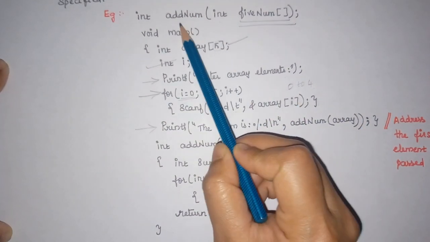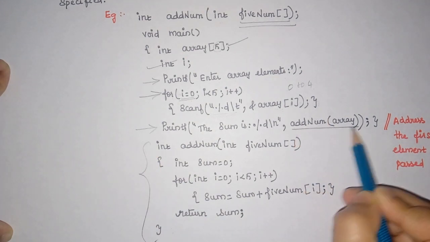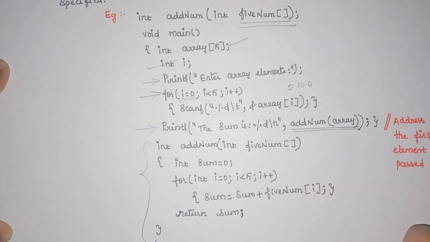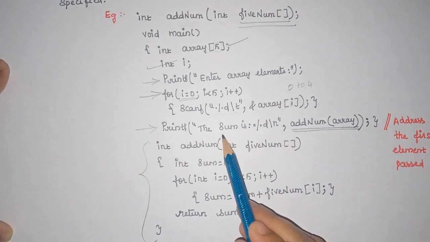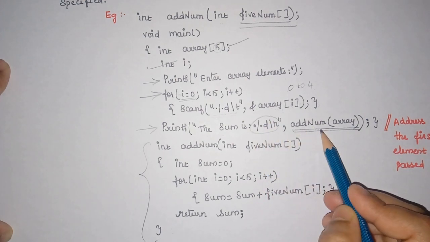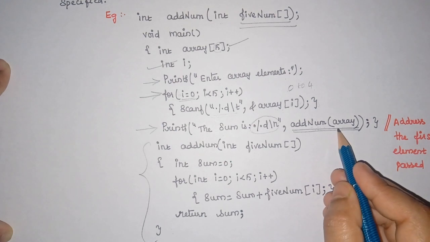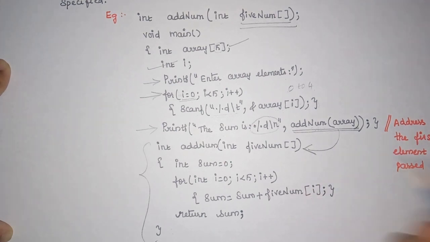So here we have a function declaration, and here is the function definition. And where is the function call? We are using the function call directly in the printf statement, right? So the sum is the result of the sum will be taken from this function call. Now what happens after seeing this function call, the control moves to this function definition directly.